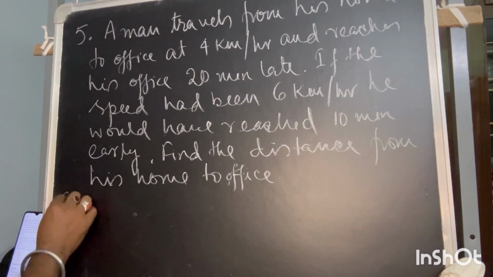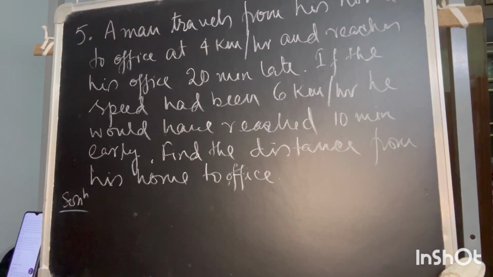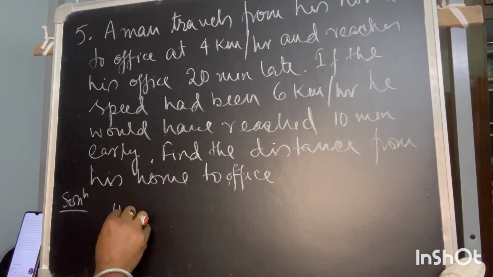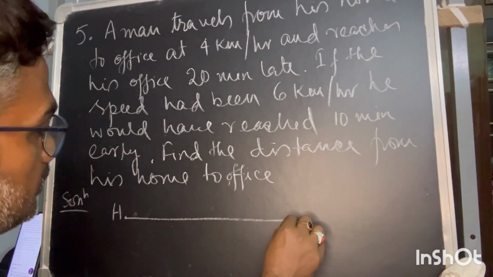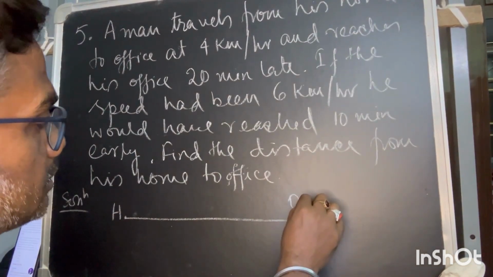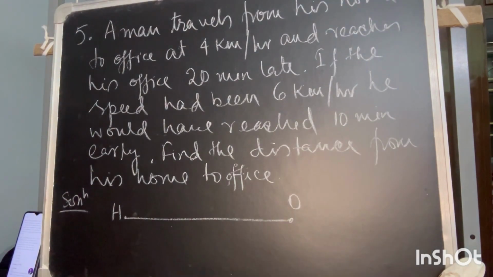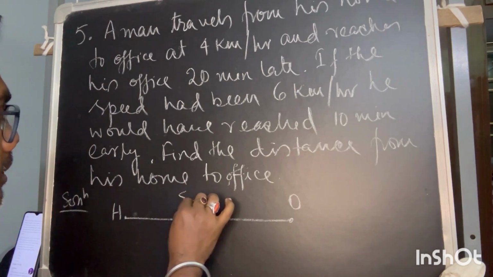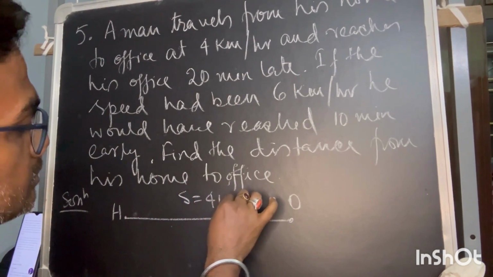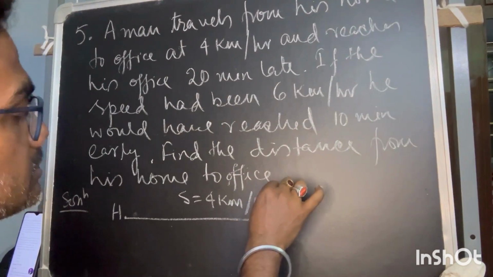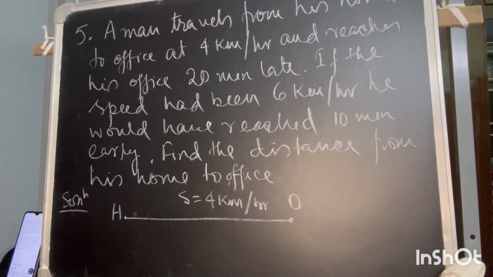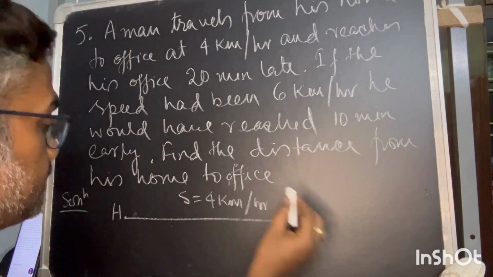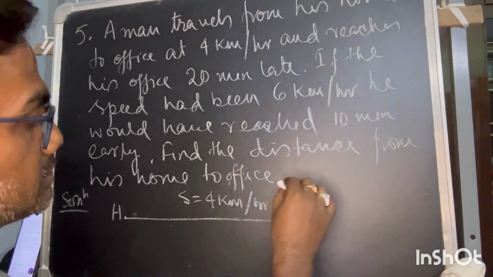Now, how will I get this solved? A man traveled from his home, so there are 2 points. One is the starting point, that is home. One is the ending point, that is the destination, the office. Home to office at 4 kilometer per hour. So his speed for the first journey is 4 kilometer per hour, and he reaches his office 20 minutes late, so